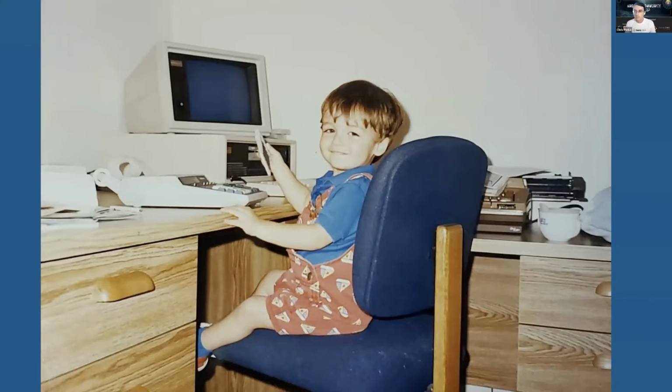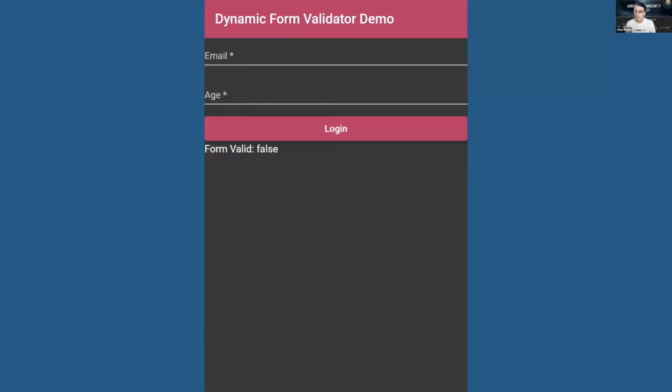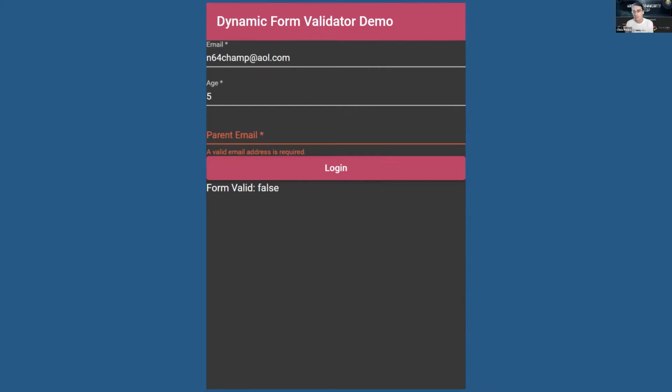In this story, he was attempting to get into a website, but he was too young to do so without his parents' permission. So he went to the website and he's like, all right, email and age, no problem. So he typed in his email, but as soon as he put in his age, he realized that there was a third form field that appeared asking for his parents' email. And this would send an email to his parent asking for permission. They'd have to confirm it and let him in. So he decided he was going to look at the source code and figure out how this works and see how he could get around it.